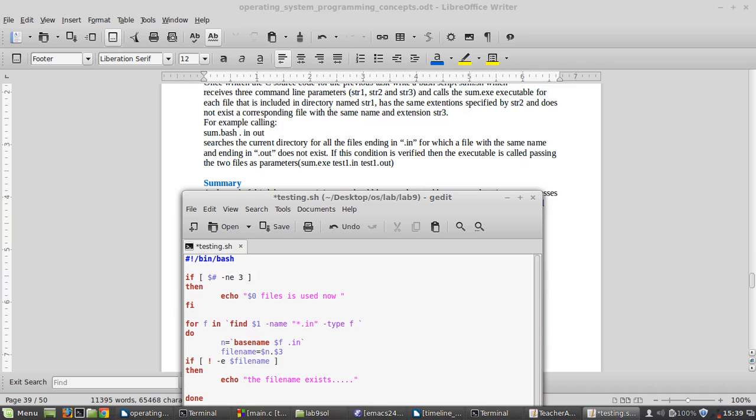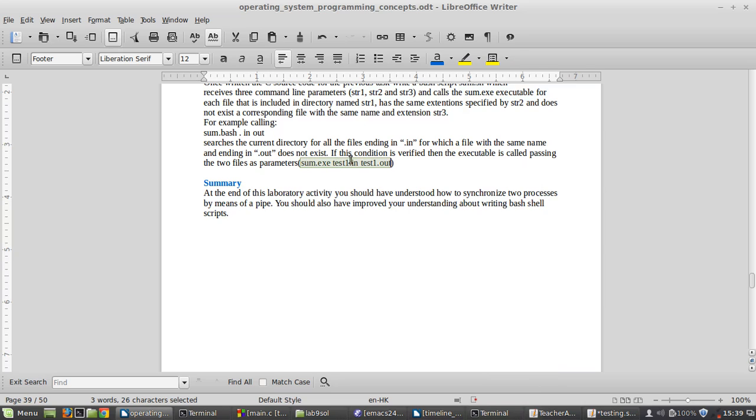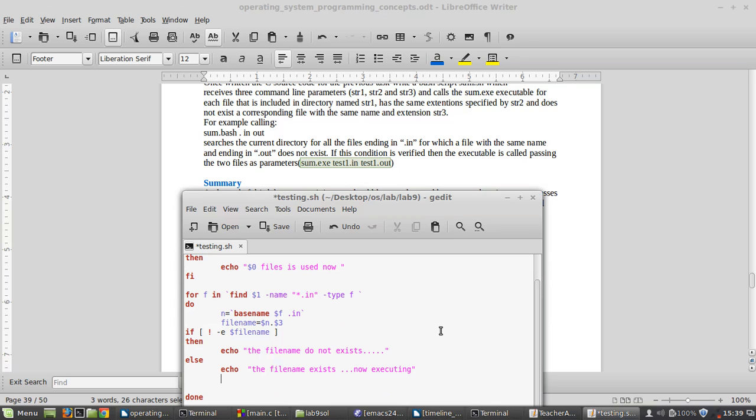So check the condition, that is if this file name exists, then you just echo the file name exists, right? Otherwise, do not write down here, else you write here, because it doesn't exist, file name does not exist. Okay, else write the file name exists, and